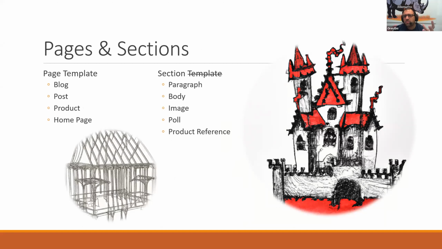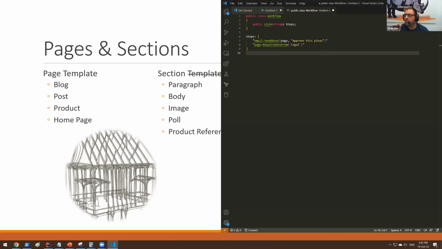And the end result is just basically some data. Now, really interesting to notice is that I have a page template, but I don't have a section template. What does it mean? A section is a piece of content in the page. So I have a page, and I have the